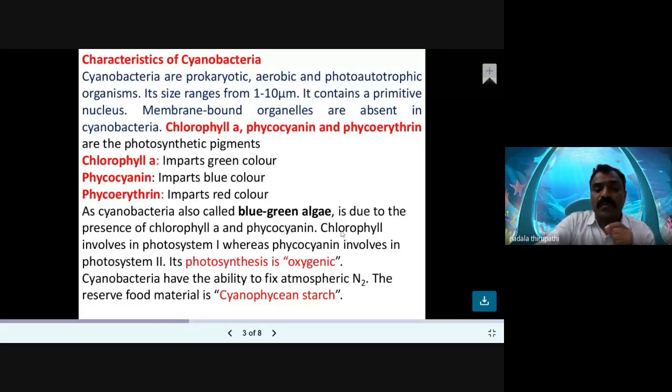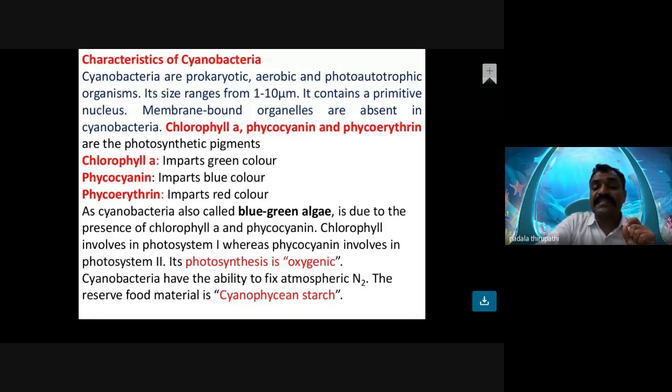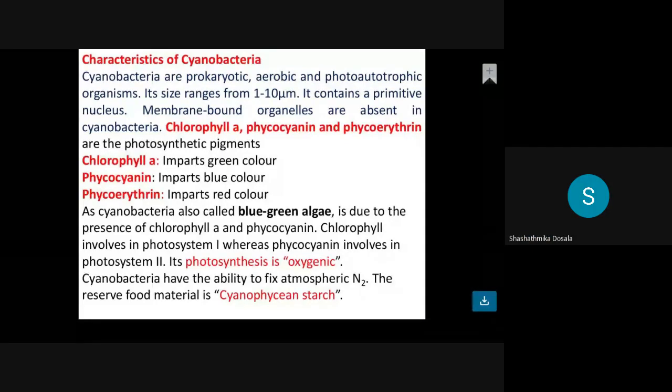Very good. So chlorophyll is involved in photosynthesis, especially photosystem 1, whereas phycocyanin is involved in photosystem 2. So its photosynthesis is oxygenic. Cyanobacteria have the ability to fix atmospheric nitrogen. The reserve food material is cyanophycean starch. So in this slide, what are we discussing? The size of the cyanobacteria members and which type of pigments are responsible for the